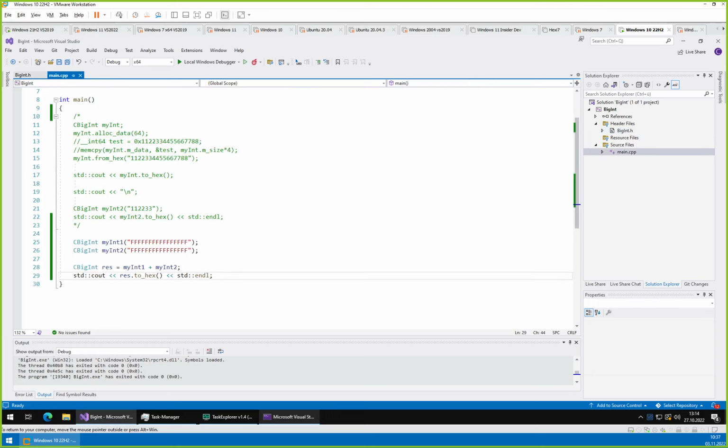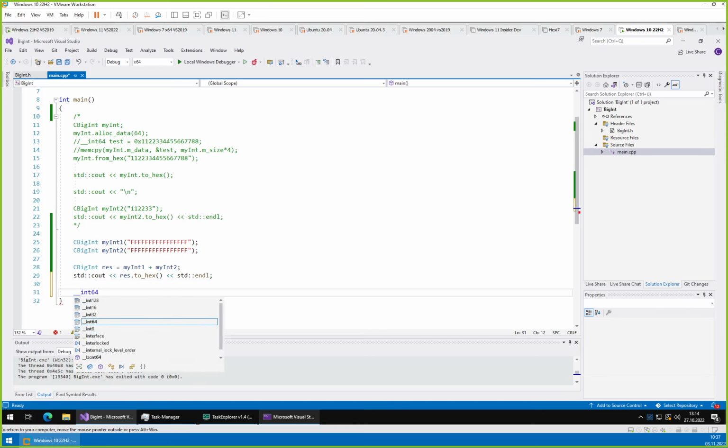So the thing is, if we do the same operation just with int64 int1 null x,